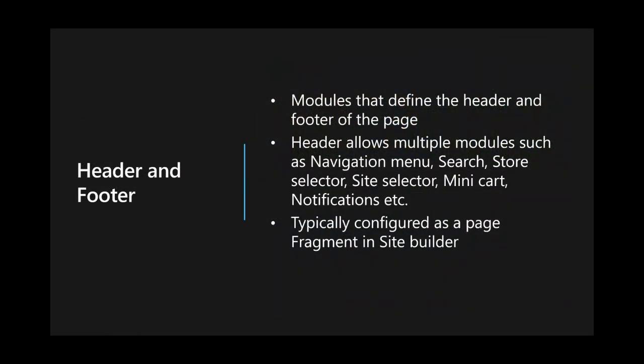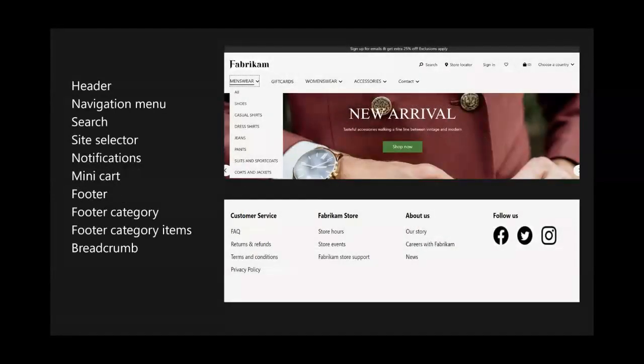Header and footer. We talked a lot about the header. The modules that define the header and the footer of the page are part of the header and footer module classification. For the header, we talked about all the different modules that are supported. We actually saw the demo. Typically, as I mentioned earlier, both header and footer are configured as a page fragment. And here is the list of modules that are supported on the header and footer. You have header, navigation menu, search, site selector, notifications, mini cart, and footer as footer category, and footer category